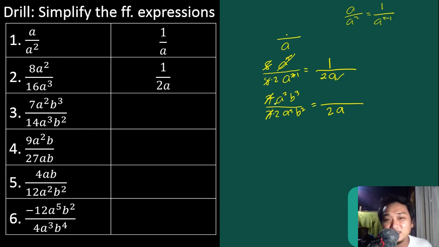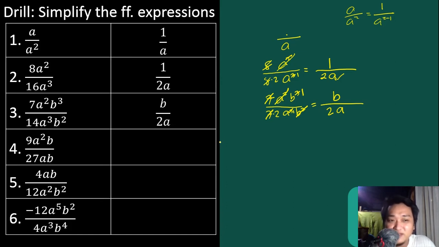So we will cancel this, and then we will cancel this, we will put 1. So a na lang. Ito naman, mas malaki sa taas, mas maliit sa baba. Again, subtract their exponent, cancel this, and then subtract 3 minus 2, 1 na lang siya. So b raised to 1. And nakagawian na natin, no need to write 1, b na lang. So the final answer is b over 2a. Tingnan natin kung tama tayo. Ayan, tama tayo. Sige. Next, we have